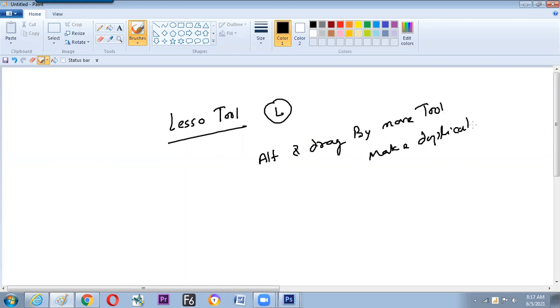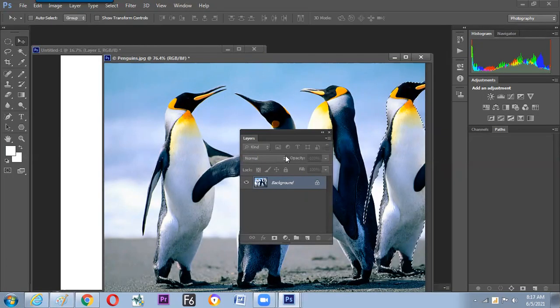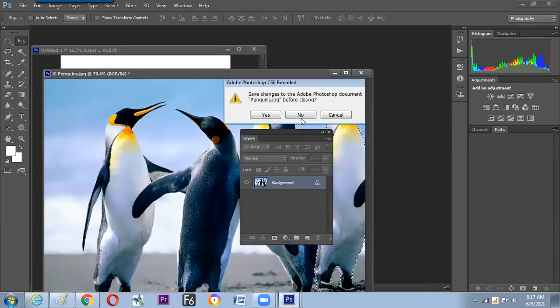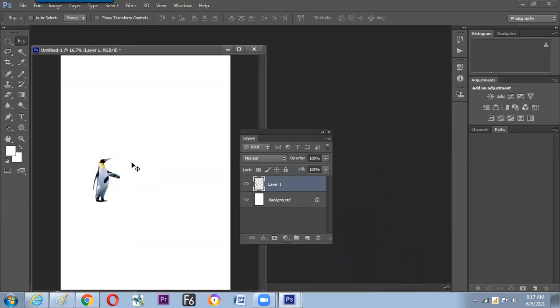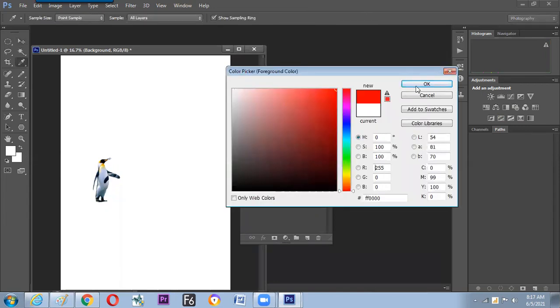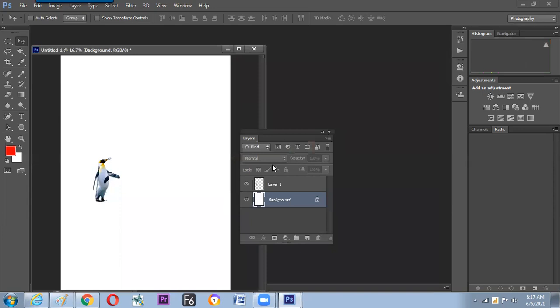So here we have seen how to make a photo collage. So easily you can make the photographs come from the original canvas and place them over here, and get the color change of the background. This is the background layer where we can fill any color we wish. Then we can find the subject is in a different environment.